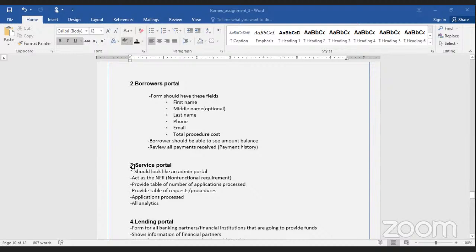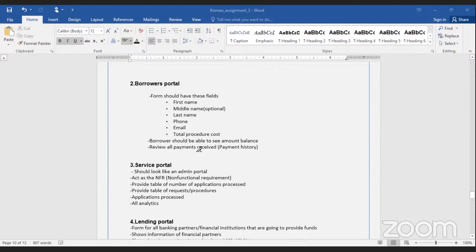The borrower should be able to see, if you took a loan, how much you owe. You should be able to review all the payments you receive. You should be able to track all your repayments, every financial transaction ever since you joined. That is on the side of the borrower's portal. So the borrower should be able to do all those functions, and in the form we need all the fields that I've listed above.